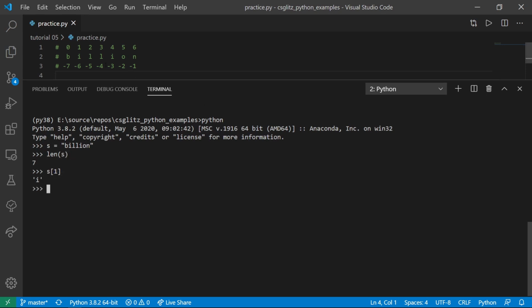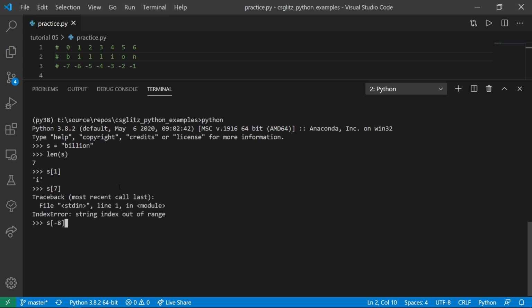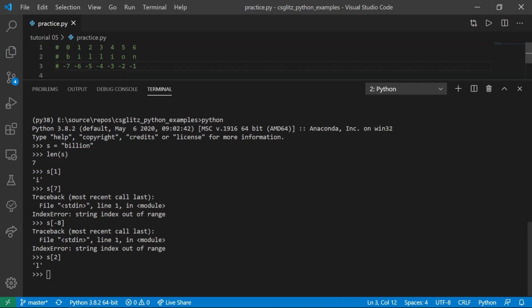We can select a single character by providing an index in square brackets. If we try to select a character from an invalid index, then Python will throw an index out of range error. We can select a substring of a string by providing a start and an end index separated by a colon. This will take all the characters starting from 1 up to 3. Similar to the range function, it is excluding the last index 4. Choosing a substring this way is called slicing.